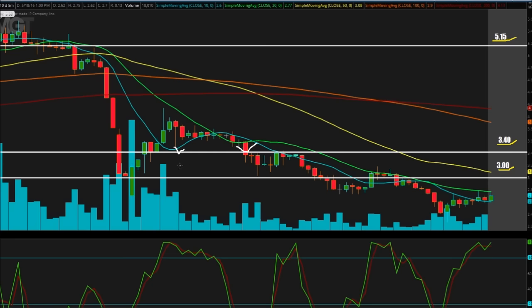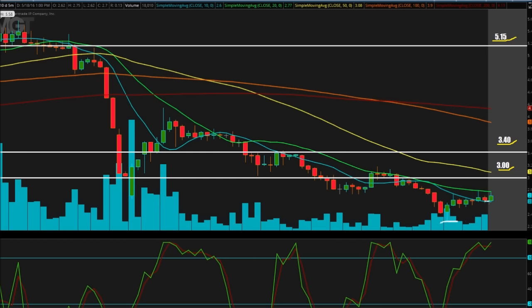So we pushed back up, turned $3.40 into support a little bit, almost touched it here. It was support here for a little bit. We had a little bit of resistance here at first, so it also became more resistance here. Support and resistance can switch, vice versa. And then $3 became support for a little bit here, resistance, support, and then resistance. Then we actually had our low of the day near the close, right about $2.20. And we closed up here at $2.60.